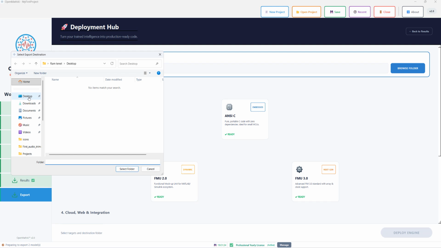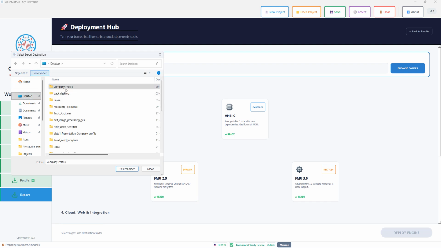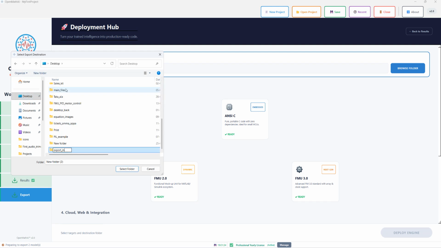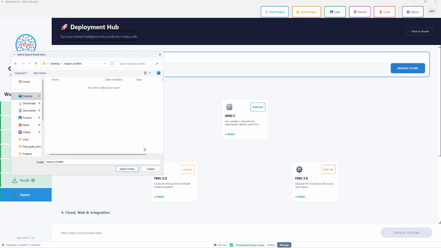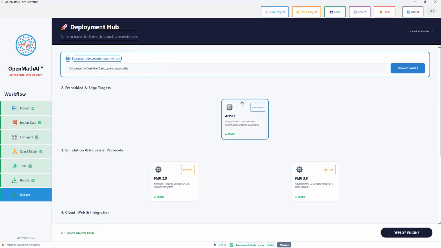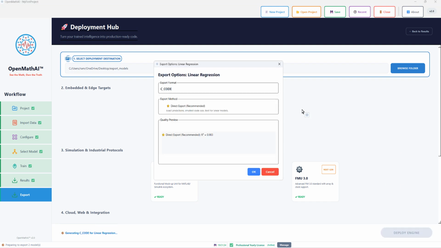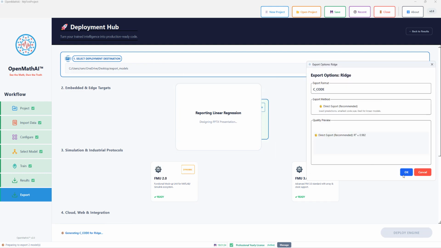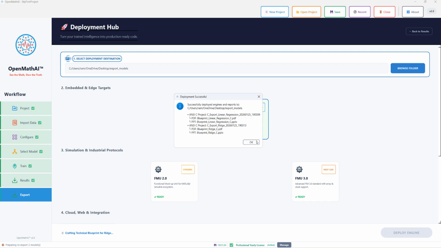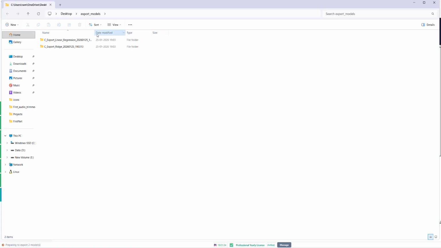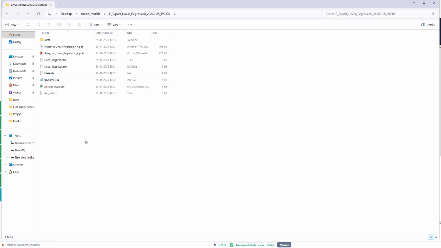export them, and in this case, we select C code and hit deploy. As you can see, you can generate code from both of those models very quickly. At the end of the code generation process, you also get a nice output of both these models. Each of these models is exported along with a nice report,